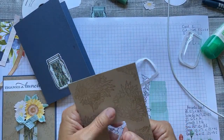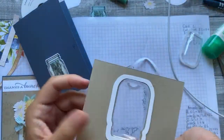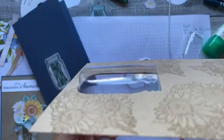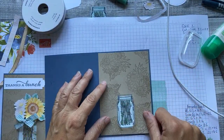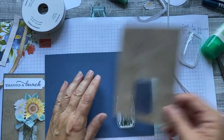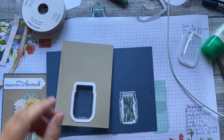Hopefully I've got that straight. And now it's stuck onto there. Does that make sense? It's stuck. Okay. It's probably better to open up your project. Now I've got a bit of a blob there, but that doesn't matter because that's going to cover it up like that. All right? So now what I'm going to do, before I peel that backing off, is I'm going